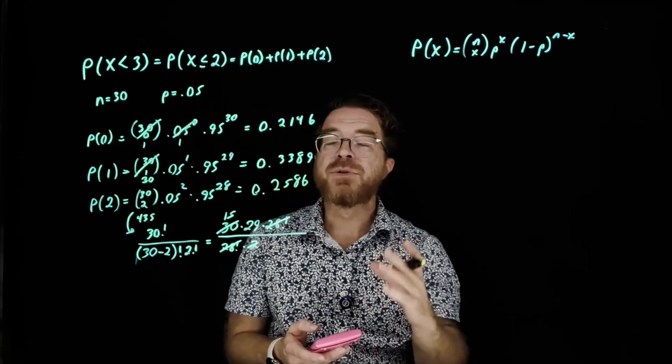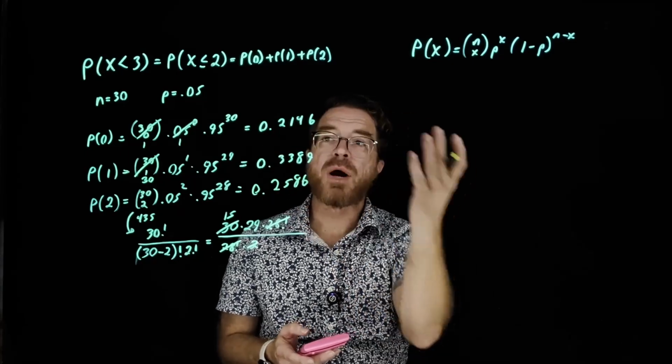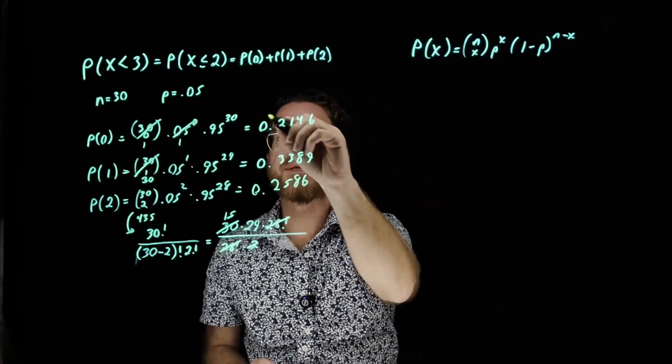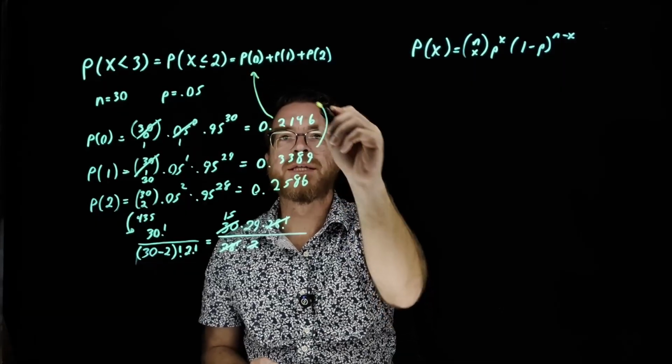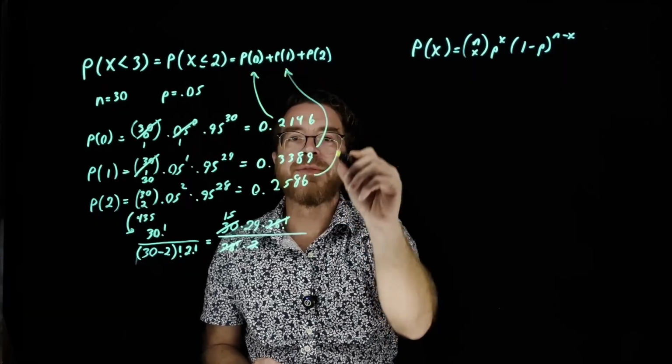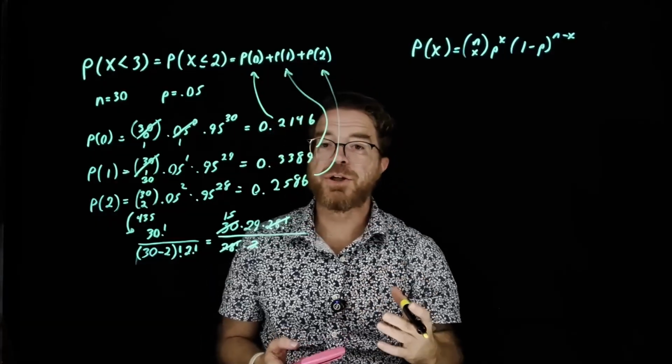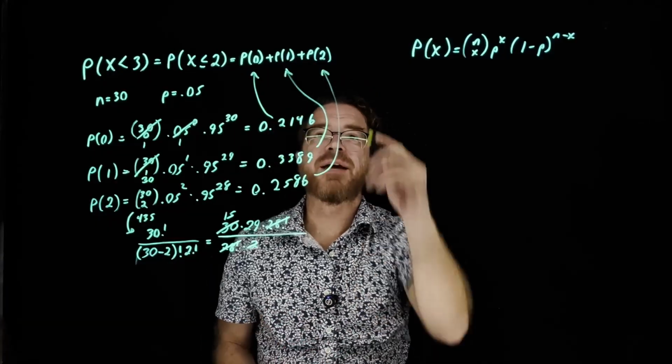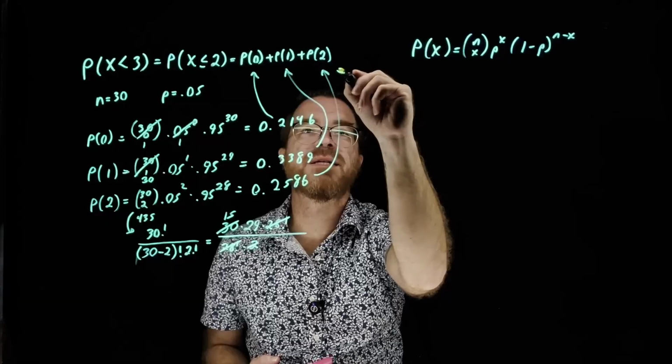0.2586. So now what I need to do is add up these different probabilities, right? This probability is our probability of getting 0, this probability is our probability of getting 1, and this probability is our probability of getting 2 defective units. We add these together, and we will get that this is equal to